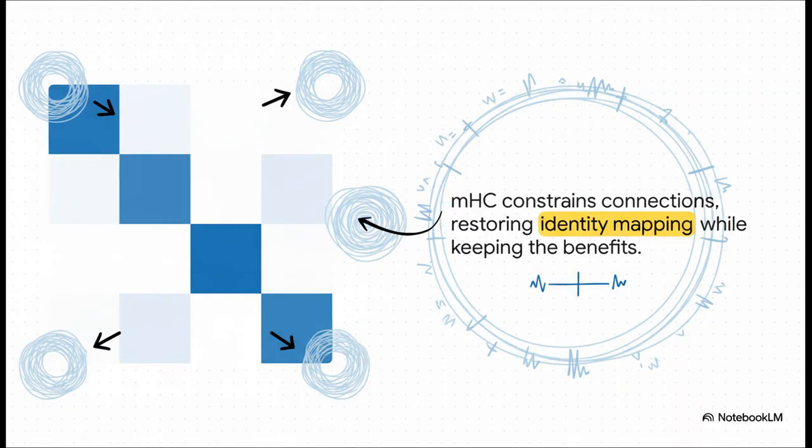And if you look at the architecture, at first glance it looks a lot like the old, unstable one. But the key difference is inside that residual stream. Those connections are now mathematically constrained. It brilliantly brings back that core principle of signal conservation, that identity mapping. But you still get all the benefits of the wider, more powerful connections. It's really the best of both worlds.